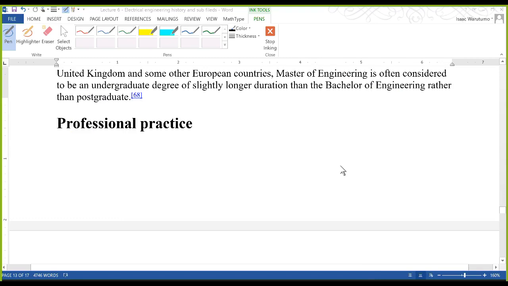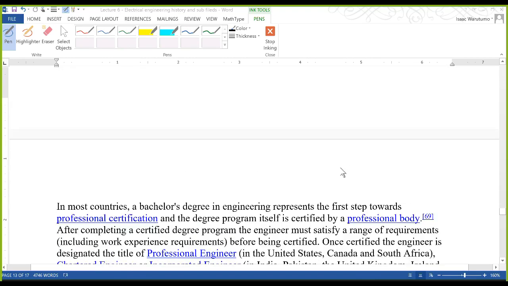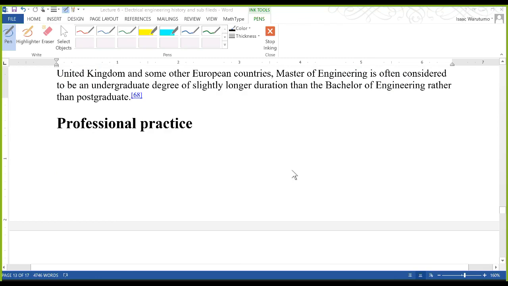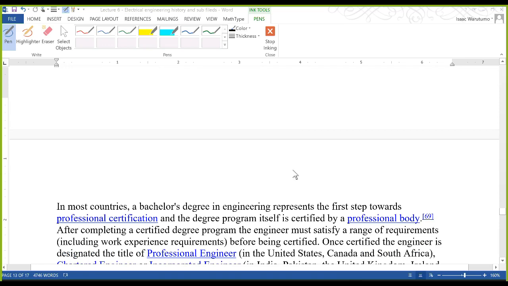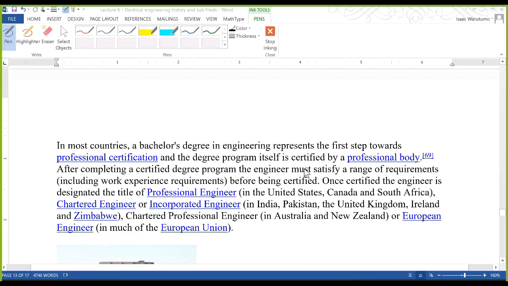And the last thing that we want to talk about is professional practice. I also mentioned that before, so without repeating so much: we said that for you to practice as an engineer, you need to have graduated with an engineering degree, and then you need to practice under another engineer who is certified, so that you can get the exposure. And I remember the word that I was looking for at that time is called pupillage. You can Google this word. What it means is an engineer working under another engineer, an engineer being trained by another engineer. This is what is called pupillage. That is what entails engineering practice.